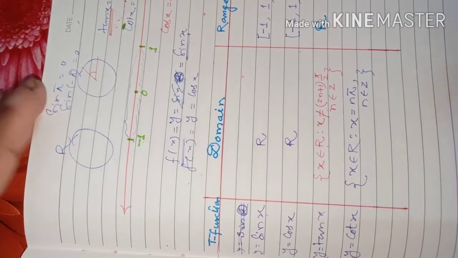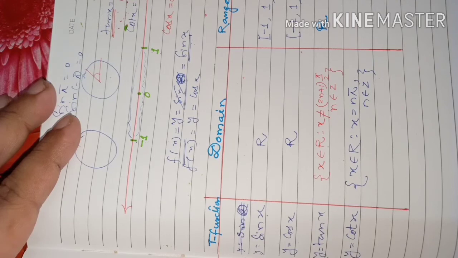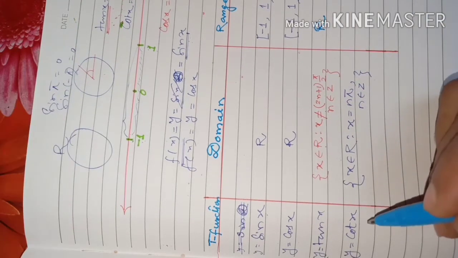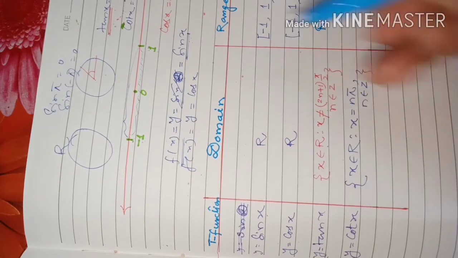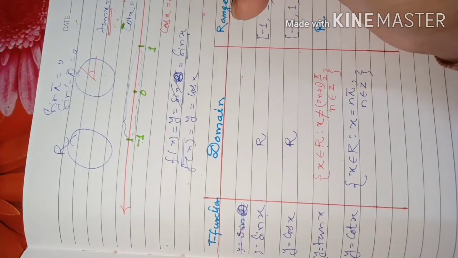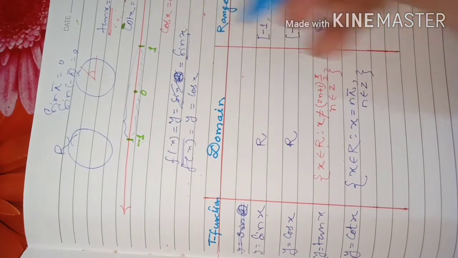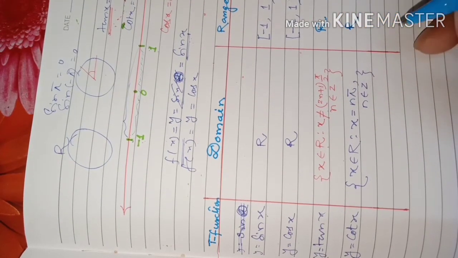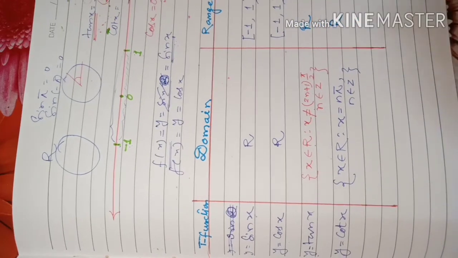Then its range also will be the same way, dear students, like in tan function. What was the range? Because here except this number all it can take. So we can write its range also as any real number, the set of real numbers. So that is the range. Next comes cosec.